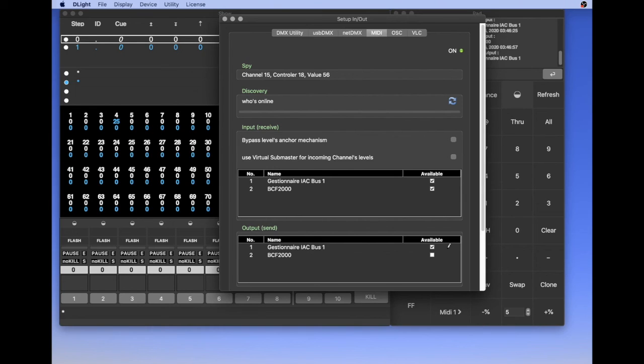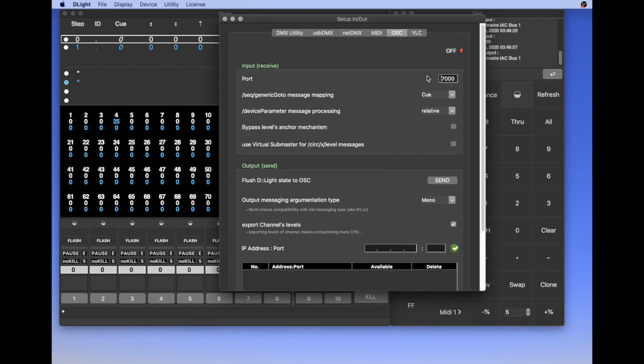So don't do this, the input and output of the virtual MIDI server, unless you know what to do.